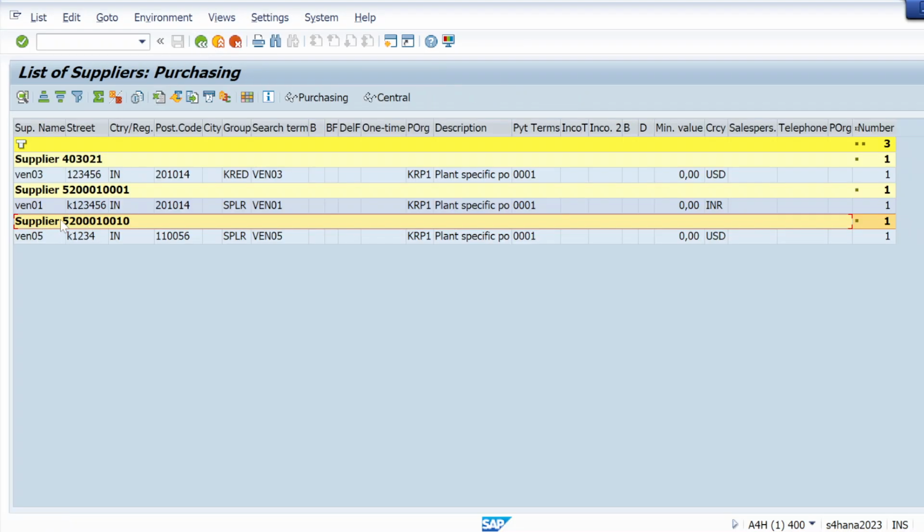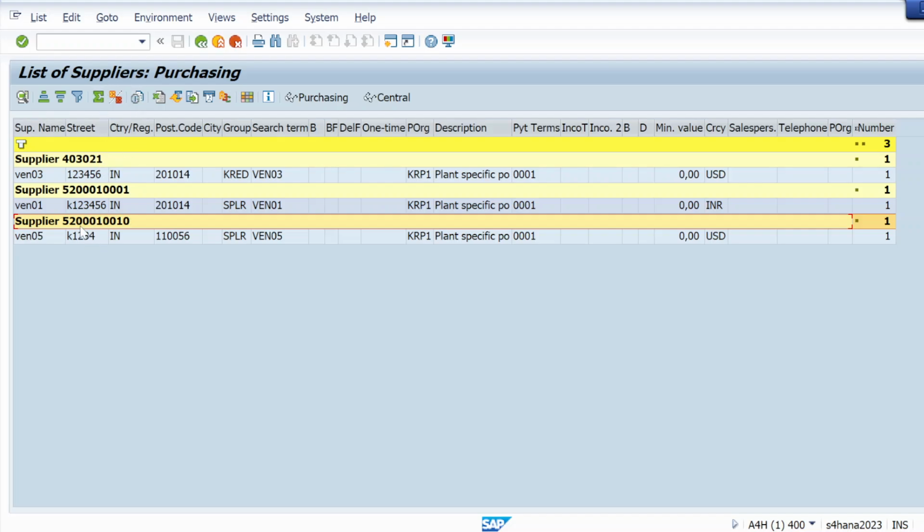So this is our supplier, or as I told you, in S4HANA we say supplier, otherwise it's also vendor. And this is our search term. If we want to search with 105 101, we can search. And if we want both the BP and the vendor to be the same, because companies usually require that, it's their requirement that the BP number and vendor number must both be the same. Here you can see they are different, 105 and this, and they must be the same. So we will configure in the next session how we can do that, so that both have the same number. We will see that in the next session also.